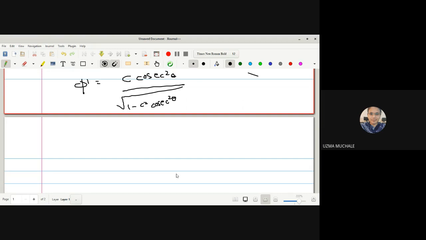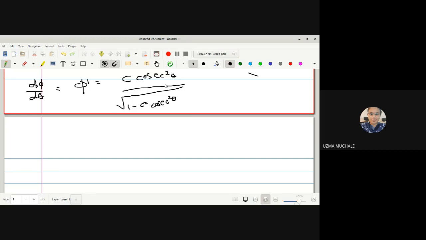Just like we have done for the last example, we have to do it in a very similar way. But here what is the change only? What will we do here? We will use the method of substitution, right? Whenever you have a differential equation, because what is your phi dash? If you remember, d phi by d theta it was. Okay, it was written in the starting part of the derivation. Right, so here we want to just solve this differential equation.